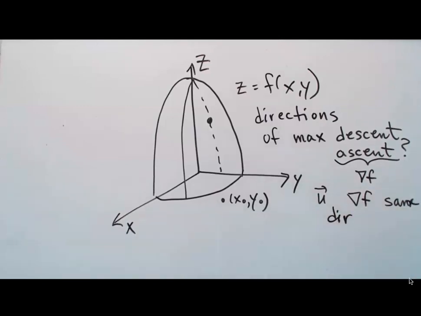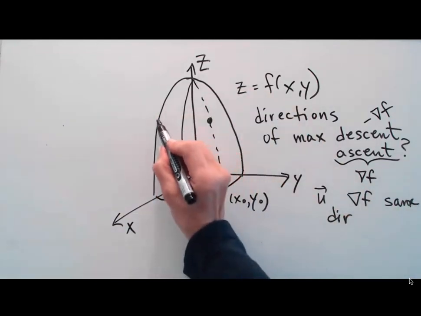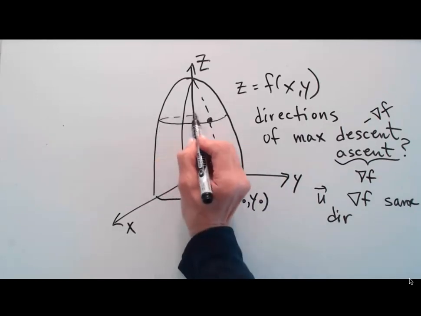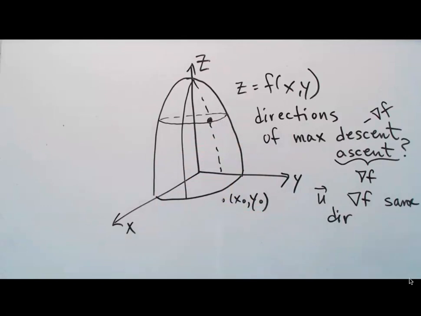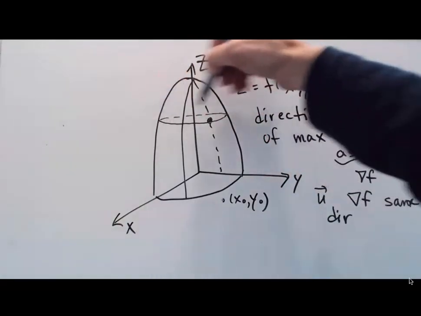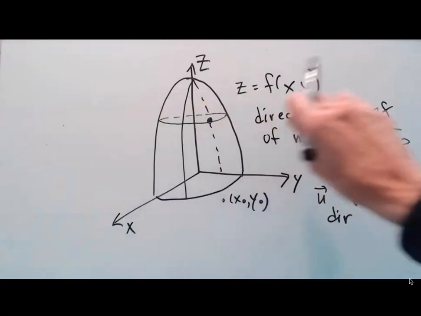The direction of maximum descent is in the direction of minus the gradient. But let's see what that looks like in this picture. One thing that I have not told you, a property of the gradient vector that's extremely important, but due to budgetary constraints, we did not have time to prove this. We've actually done most of the work, but at any rate, if we slice through a surface